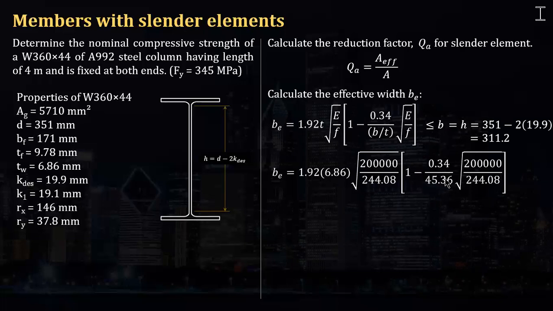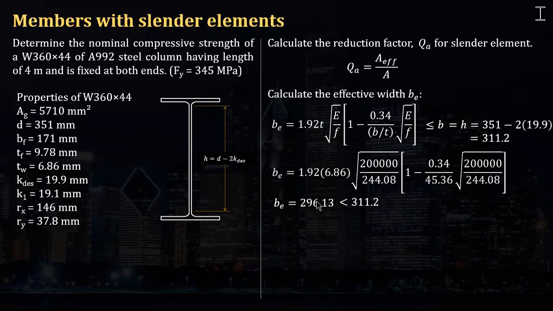We got it kanina, the lambda W, square root of 200,000 over 244.08. And evaluating that, we can get this 296.13. That is in millimeters, okay? And as we can see, it's less than 311.2. So we must use that as it is,